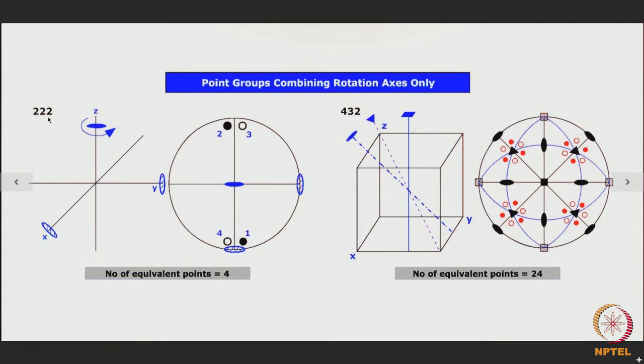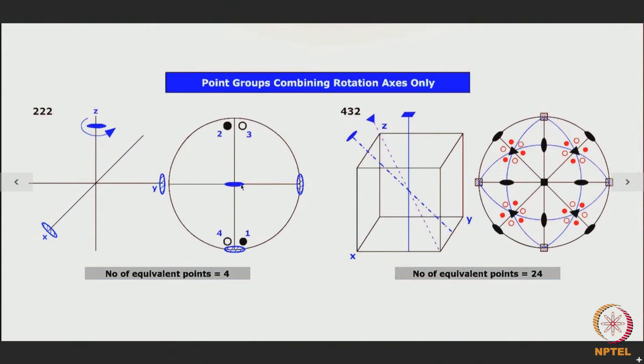Here we combine 3 two-fold rotation axes, one along the z direction, one along the y direction, one along the x direction. So, if we have the corresponding projection here, the principal two-fold